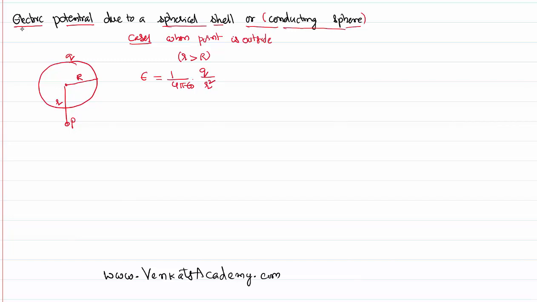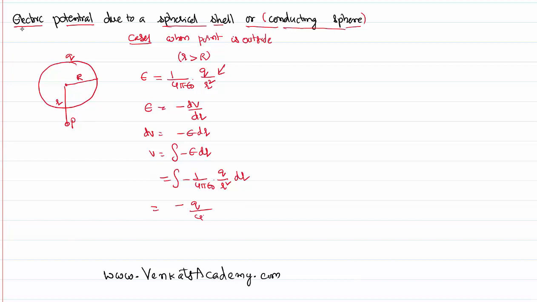You know E now, you want to calculate V. You know the formula, electric field intensity is minus dV by dr. So dV equal to minus E dr. So V equal integral of minus E dr. E value we have already derived, 1 by 4 pi epsilon naught q by r square, and dr. So minus q by 4 pi epsilon naught is constant, integral of r power minus 2 dr. Simplifying that further,